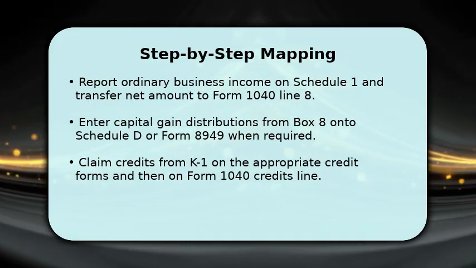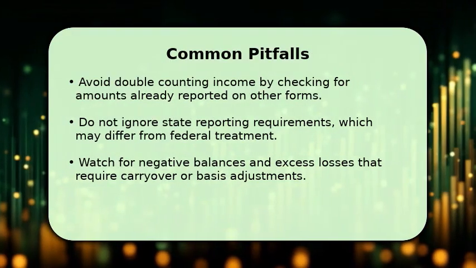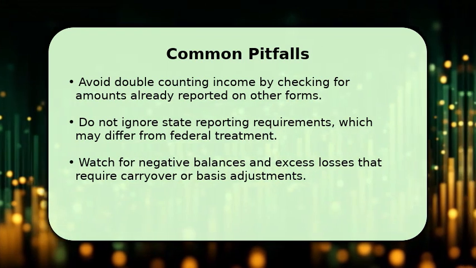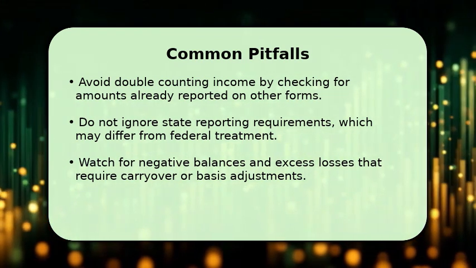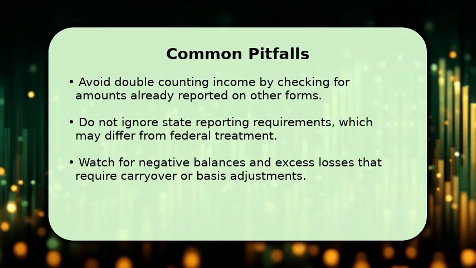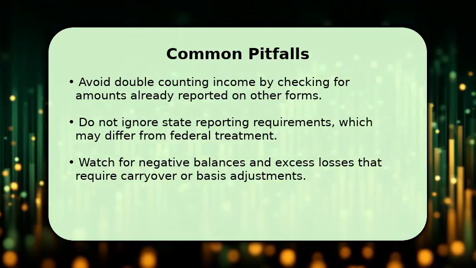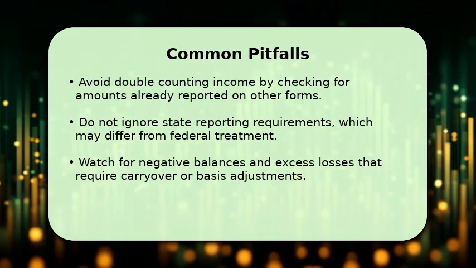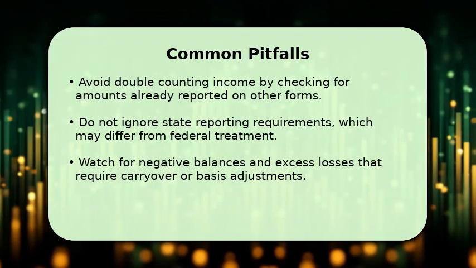outcome. Watch out for common mistakes like double reporting items shown elsewhere, misplacing box numbers, or ignoring basis limits and passive loss rules. Confirm whether any K-1 items were already included on 1099 or other statements. Keep copies of worksheets showing how you mapped each line to Form 1040 and any schedules. When in doubt, consult a preparer because partnership and S-corporation items can have tricky